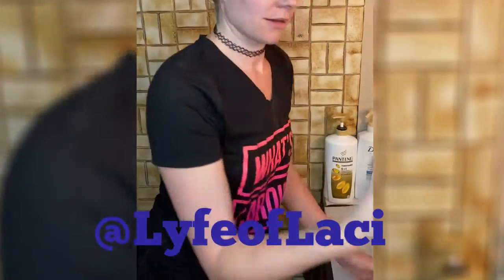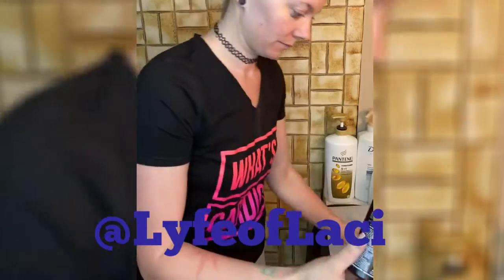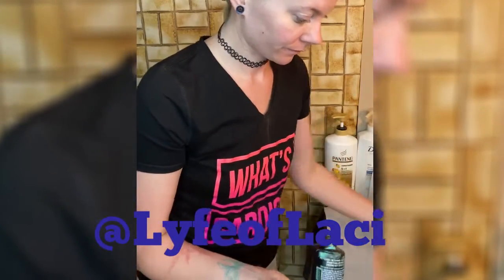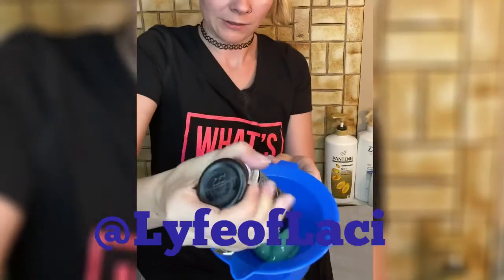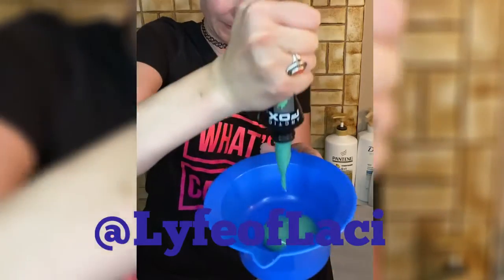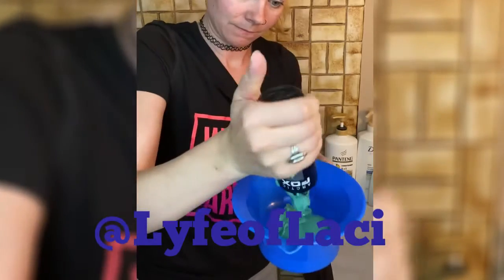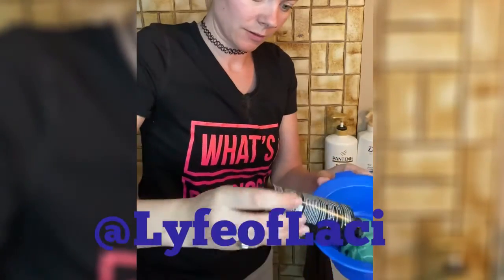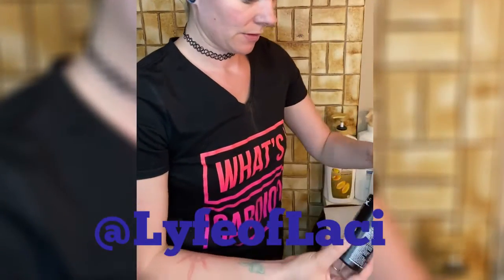Now for the green color, I mixed Arctic Fox Neverland. Watch this struggle, because I used brand new color. Look at how nicely that comes out of there. Beautiful, right out of the bottle. Nice full bottle, beautiful pastel color. Again, the pastel color just wasn't dark enough to color my natural hair, so I had to mix it with a little bit of Aquamarine,